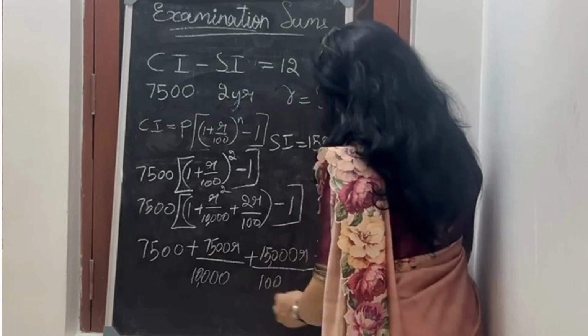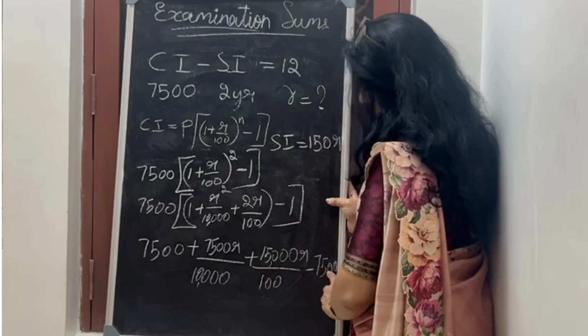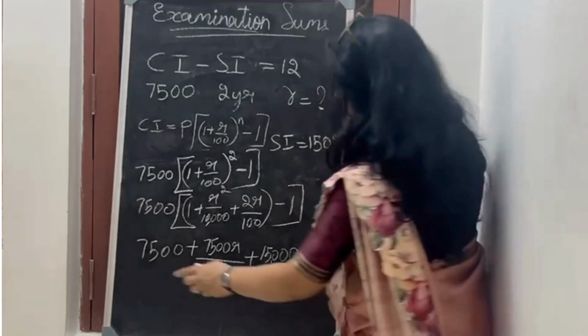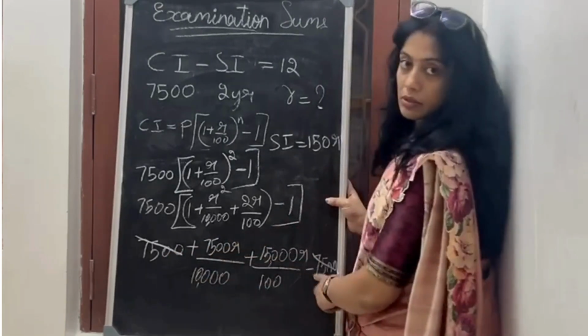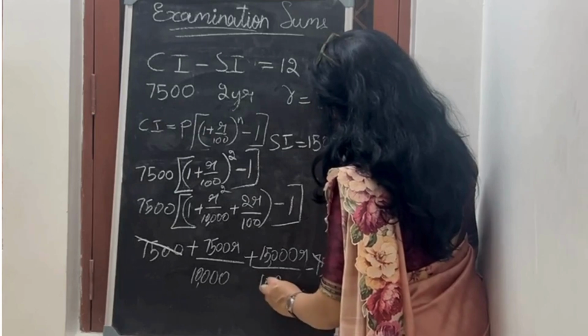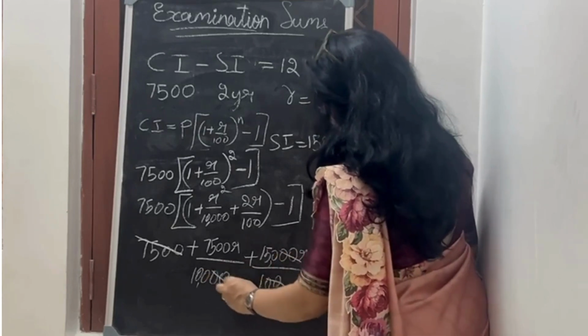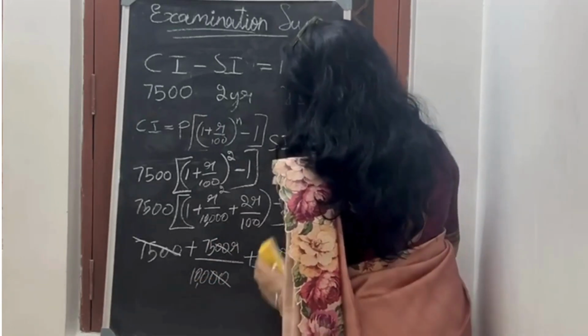Now what I will do is plus 7,500 minus 7,500. So this and this are cancelled. This is plus, this is minus, so both are cancelled. After both are cancelled, what will be my next step? I can cancel these zeros to make my sum easier. So it will be now, what will be